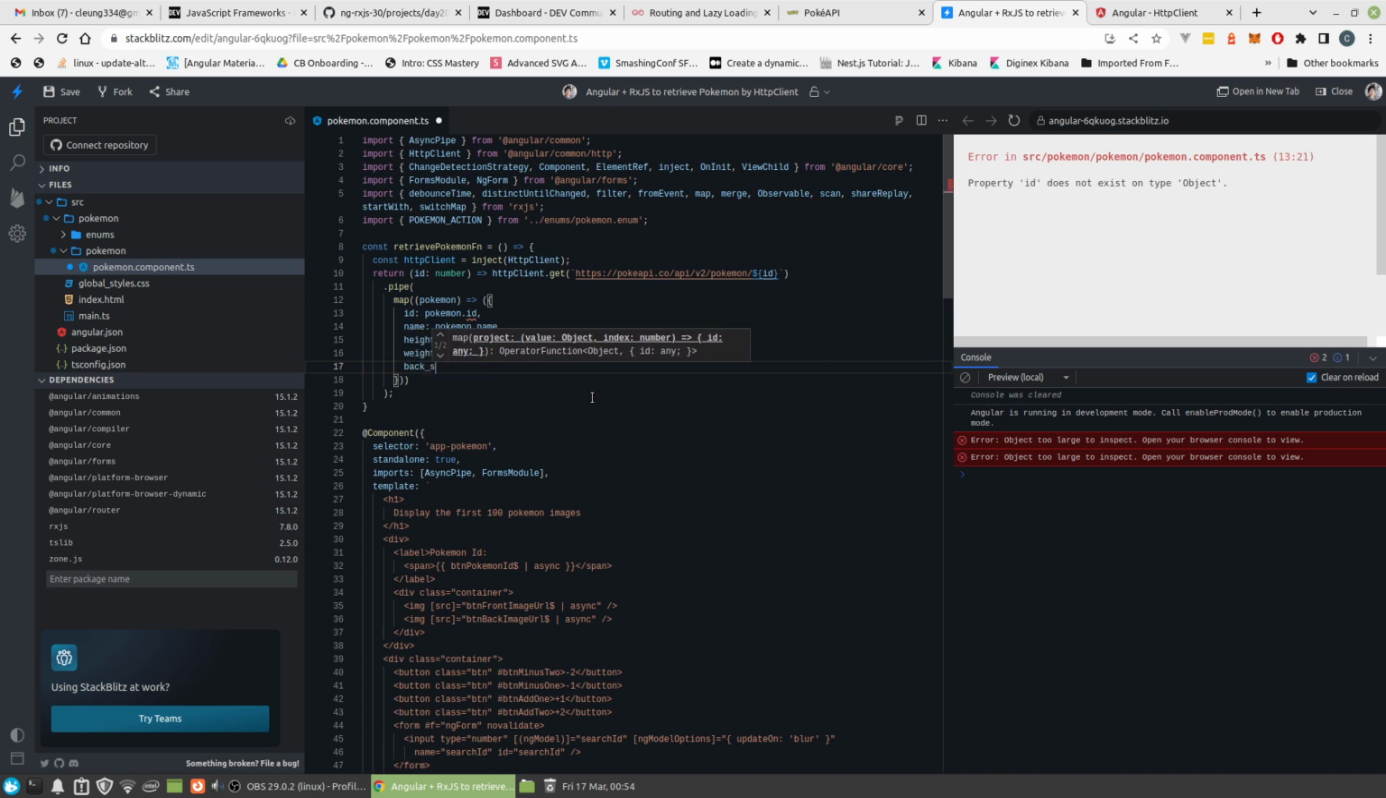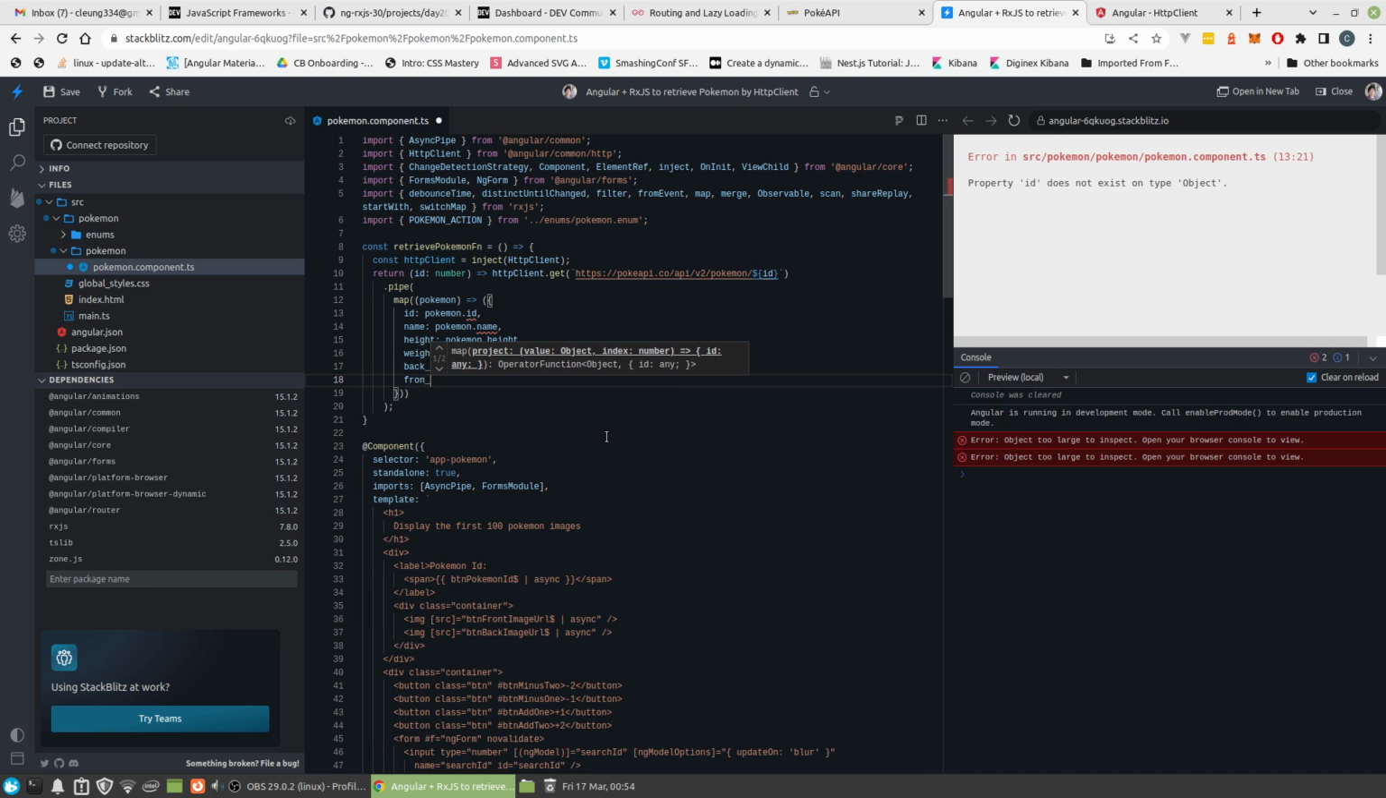Back shiny is sprite back shiny. Front shiny is sprite front shiny. Okay, so